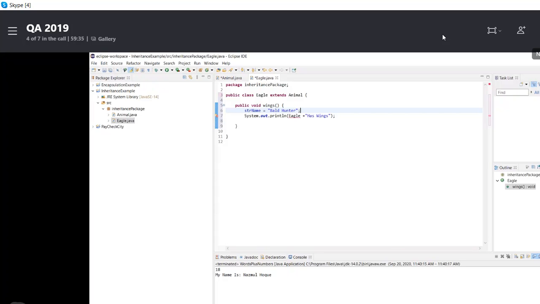Okay, and then let's say, instead of wings, let's put the name of the method, let's put display name. Display name. And when you name your method, remember lower camel case. Okay, display name. And here system out println, you put, the double quote, the name of our eagle is